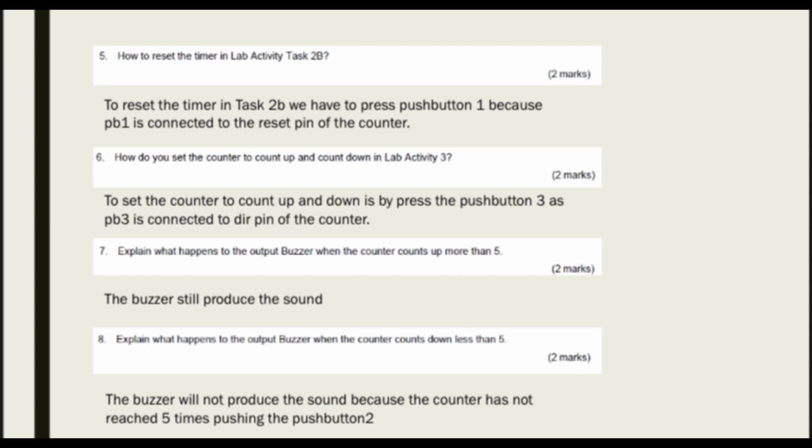Okay, question number 5. How to reset the timer in lab activity task 2B? To reset the timer in task 2B, we have to press push button 1 because PB1 is connected to the reset pin of the counter. Then number 6 is how do you set the counter to count up and count down in lab activity 2? To set the counter to count up and down is by pressing PB3, as PB3 is connected to the